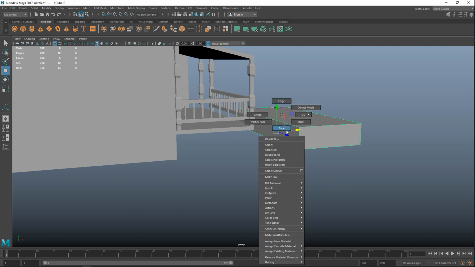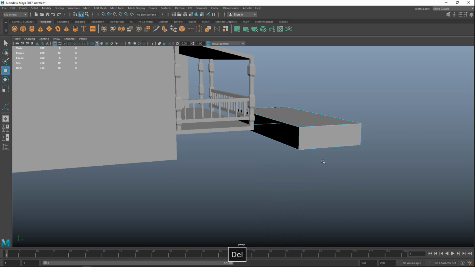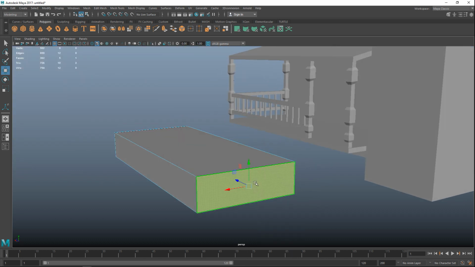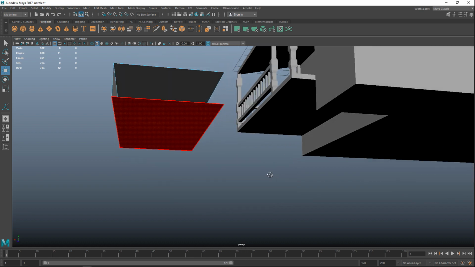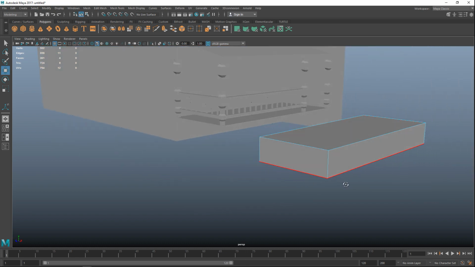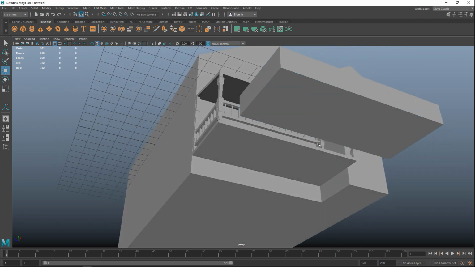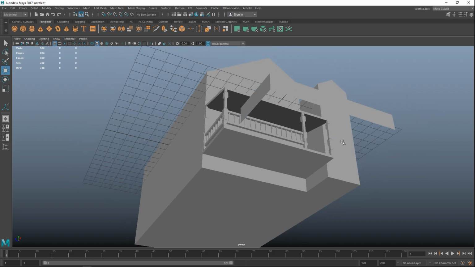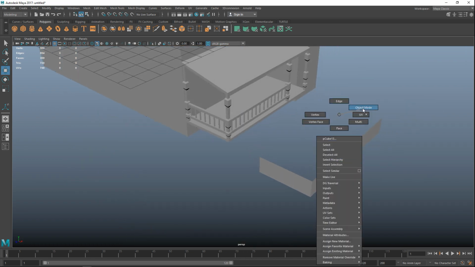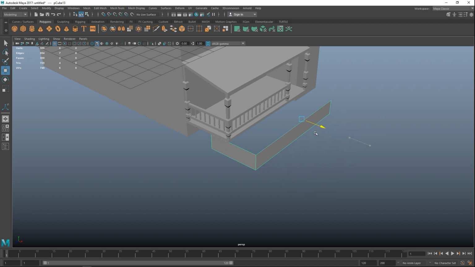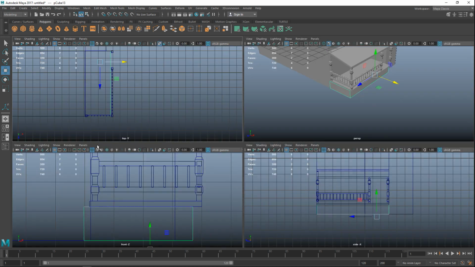I don't need this face here, so we're going to get rid of that. Don't need that one either. I don't need the one on the back. I do need that one. I don't need the top one, and I really don't need the bottom one either. So anything I can get rid of is good. Okay, so let's bring that back in